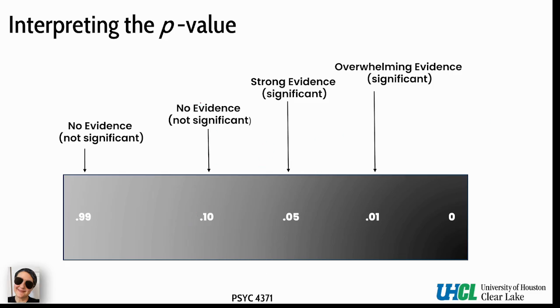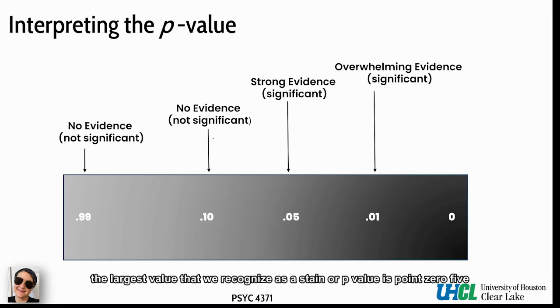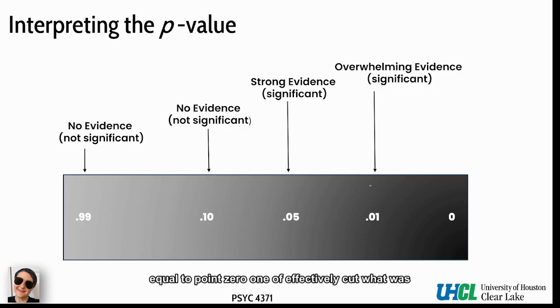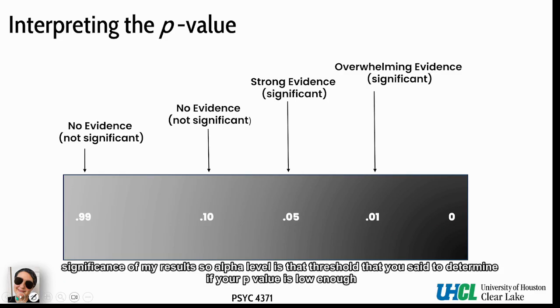You're jumping considerably to 0.10. There's still no evidence, and it's not significant because the largest value that we recognize as a standard p-value is 0.05. And once we reach that, you can see that over here to the right-hand side, that's where our critical value would be from 0.05 on if it was significant. Now, if I reduce that alpha level even further and go to p equal to 0.01, I've effectively cut what was my possibility in half, and I've made it even stricter as far as determining the significance of my